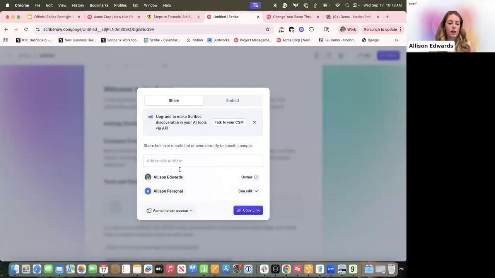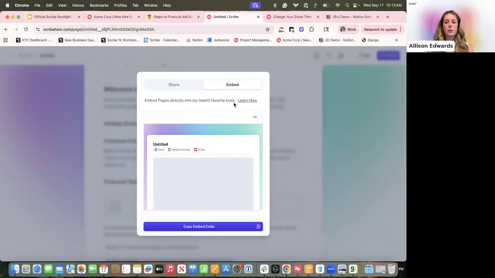I can also, when I invite an email who maybe has a license, go in on the back end and change if they can edit or can view. So if maybe you have people on your HR team or different teams who are going to be helping assist with onboarding, you can make them an editor so they can also go in and change a few things, or simply view just for feedback.